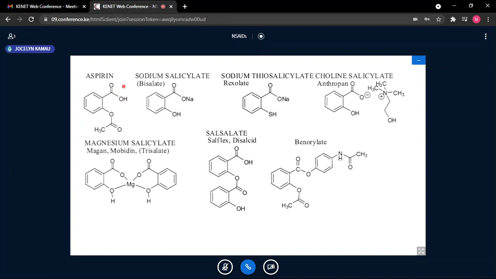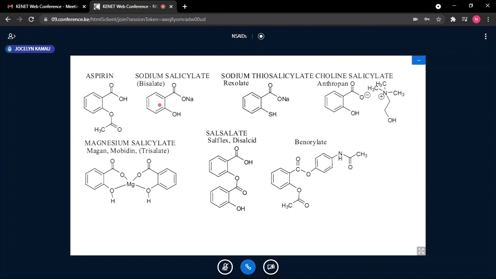As I said, these are carboxylic acids. The carboxylic group is directly attached to the first hydrophobic area, which we call the first ring. Once you block the hydroxyl group, you improve on the taste of acetyl salicylic acid. It has a better taste than salicylic acid, which has a bad taste, so it's not highly palatable. Also, once you block this group, you reduce the acidity of this molecule, and therefore acetyl salicylic acid has slightly lower acidity compared to salicylic acid.